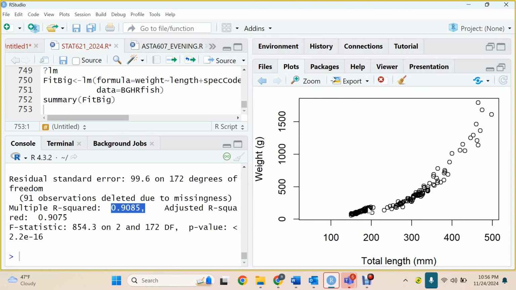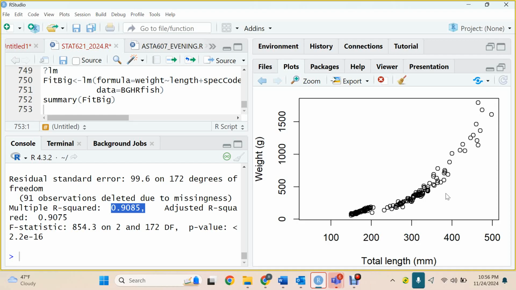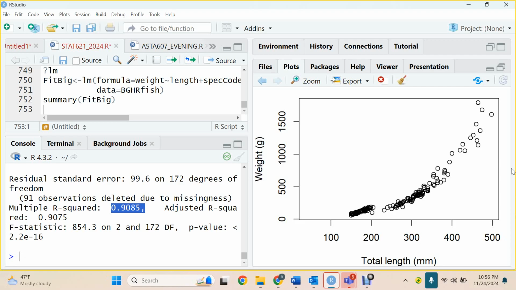Okay? Because look at what is happening. It is possible that if we have 700 to go up like this, the line may increase, or maybe biologically, if you get beyond 300, your weight starts coming down. But because we don't have data there, you can't tell. Similarly, there's no